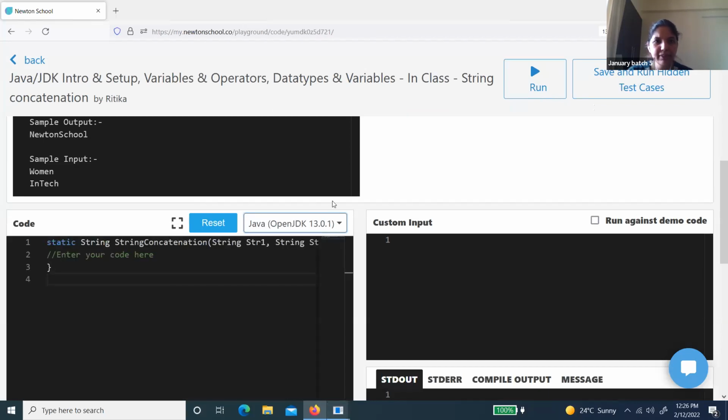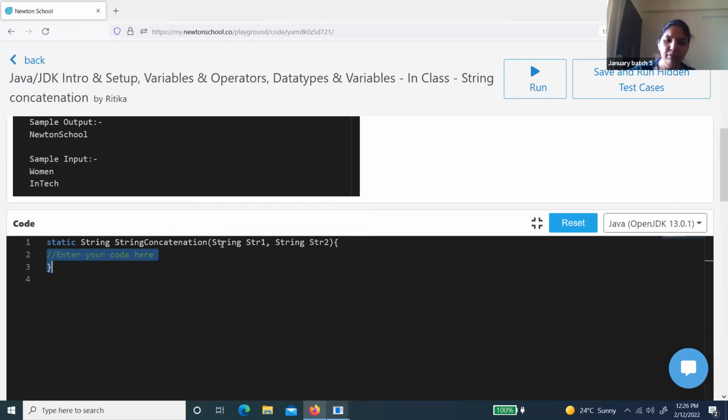See guys, two strings are given. They are very easy. You can just say return str1 plus